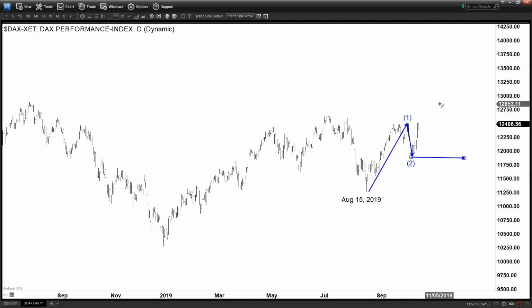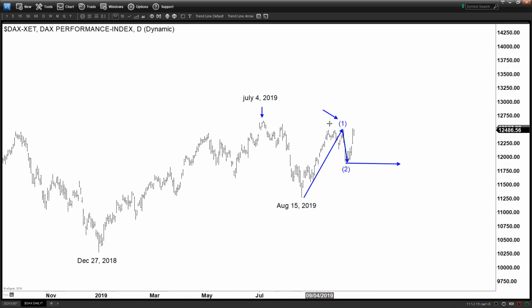Now besides, we also got another more important high right here. This one is the July 4, 2019 high, right? Now this one is a more important high than this one. The reason is this one concerns the cycle from December 2018, right? So now if we can continue to go up and at the same time break above this July 4 high,